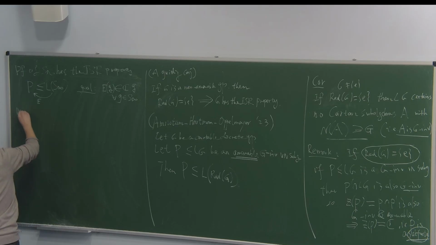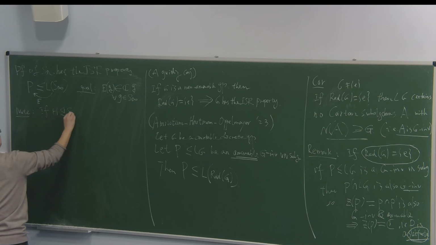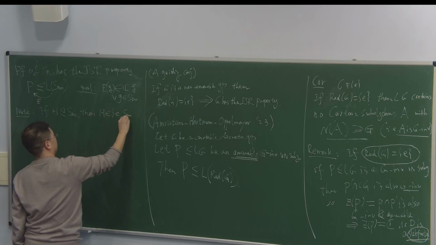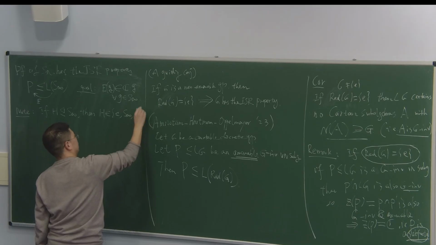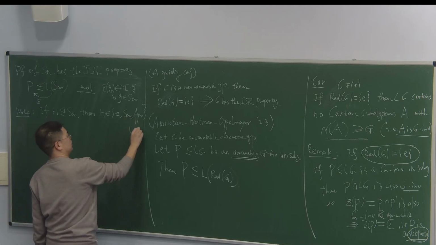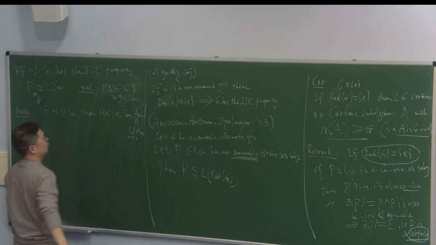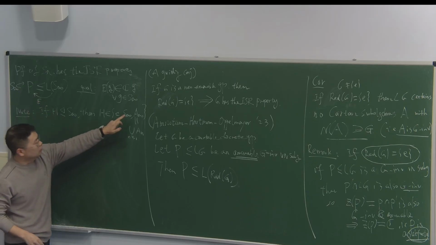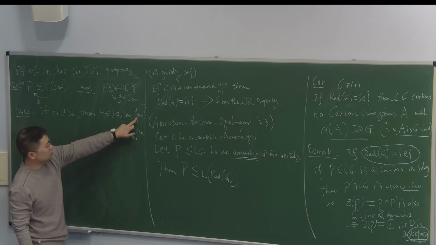The first thing you need to note is that if H is a normal subgroup of S_infinity, then you have three choices. Either it's trivial, or S_infinity itself, or it may be just the collection of all even permutations. So it's defined as the collection of all these even permutations. So you only have three normal subgroups. Our goal is to show that if P is G invariant, where G is S_infinity, then this P must be trivial, the ambient von Neumann algebra, or just the von Neumann algebra generated by A_infinity.